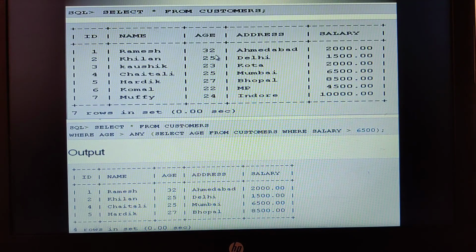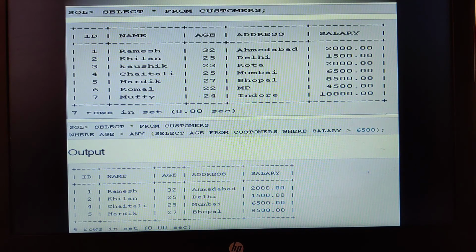In that case, 32 will be selected because the age is greater than 27. 25 will be selected because the age is greater than 24. 23 will not be selected because it is less than both of them. Here 25 again will be selected, then 27 will be selected, but it will not select 22 and 24 because they are not greater than 27 or 24.